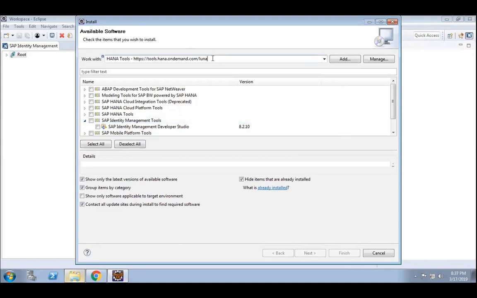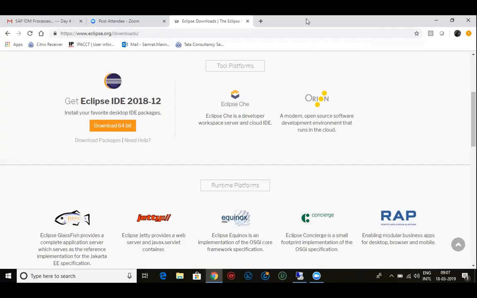I'm unable to add connection also in this. Can you show me your screen? Stop sharing. Okay, it's added. Dev IDM underscore admin. We have to check on which IDM. I believe Luna, Neon. Neon, it is 6.2.